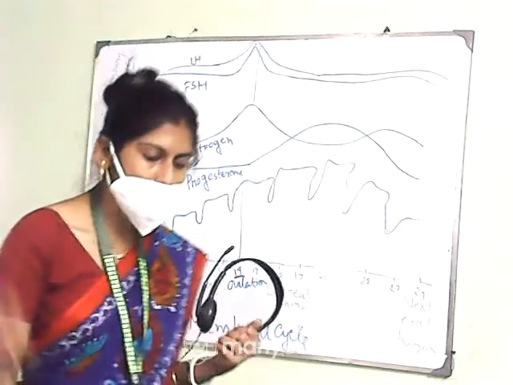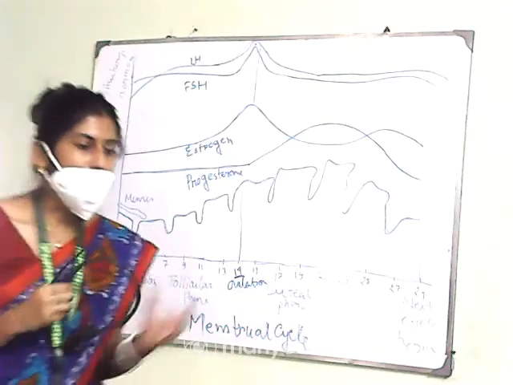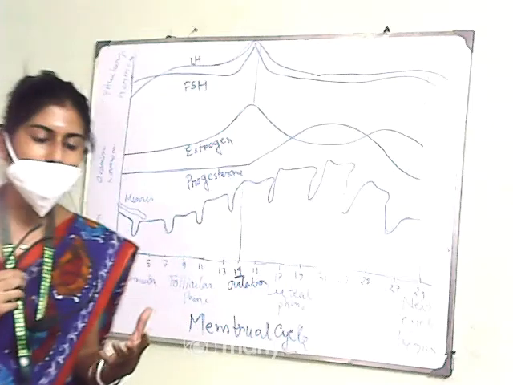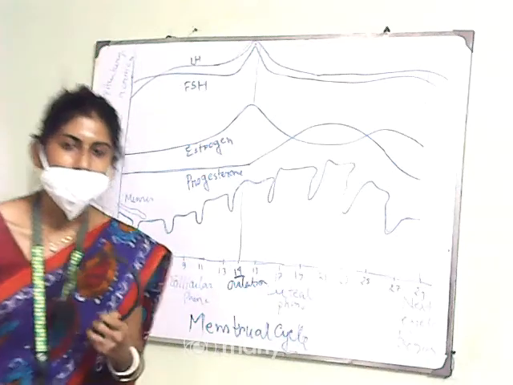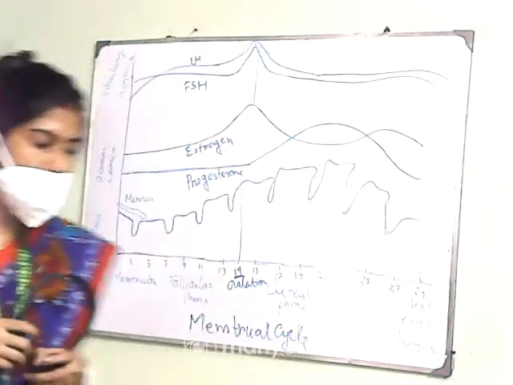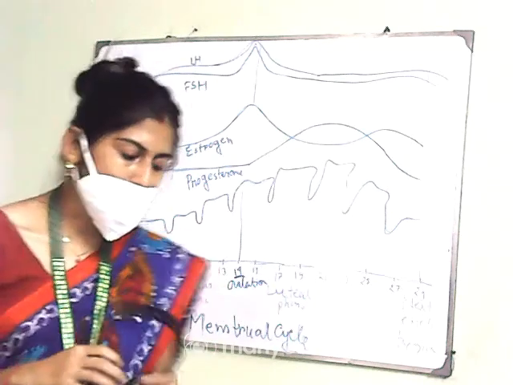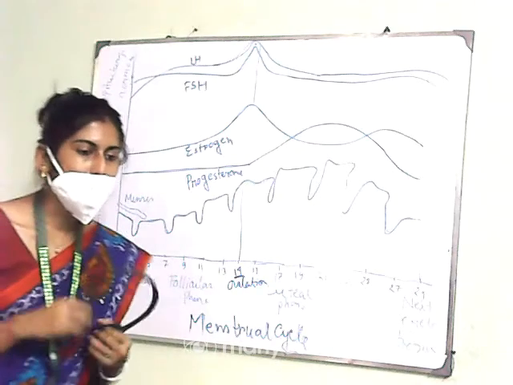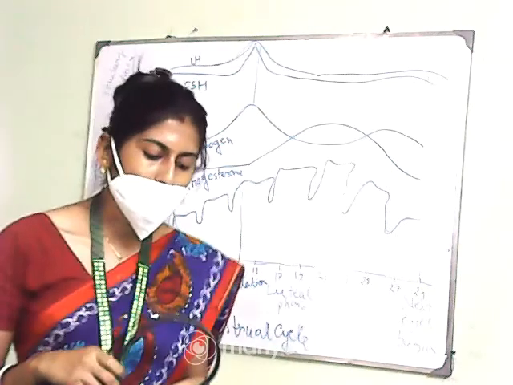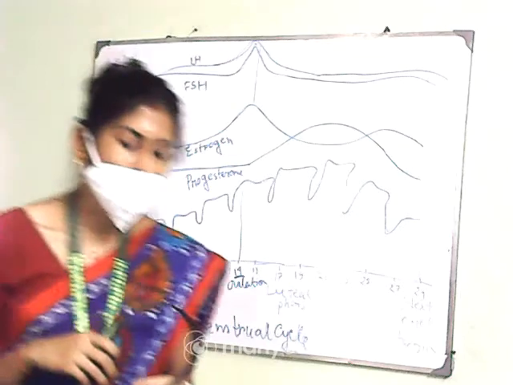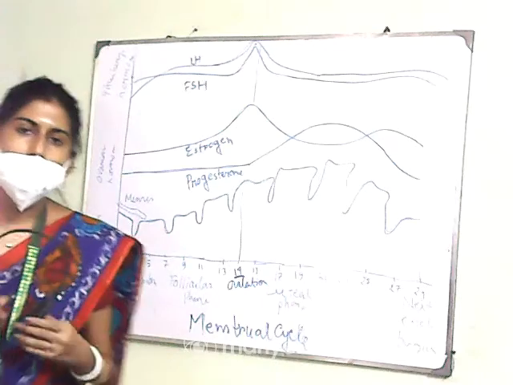From that representation, you will get to know the different stages of the spermatogenesis and oogenesis, and when mitosis and meiosis types of cell divisions are taking place, and the different chromosome numbers that can be found in different developmental stages. So in case of spermatogenesis, you have seen that from the spermatogonia, primary spermatocytes will be produced, from the primary spermatocyte secondary spermatocyte, from secondary spermatocyte spermatid, and at the end we will get the spermatozoa. In the spermatogonia the chromosome number was 46, but in the spermatozoa it will get reduced to 23 because of the meiosis type of cell division.